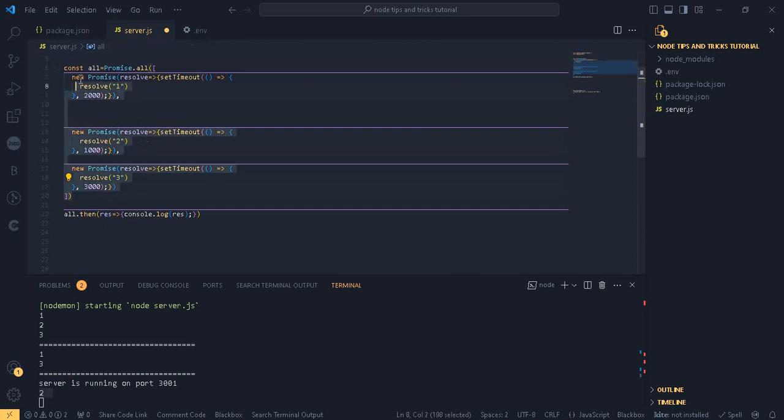After we have put promise.all inside the all variable, we can write all dot then. After all finish, then we will get some result, res or result or x, anything you want. When we get this result, just print it on screen. So how do you think the output will be? 1, 2, 3, or 3, 1, 2, or 3, 2, 1, or what? Let's